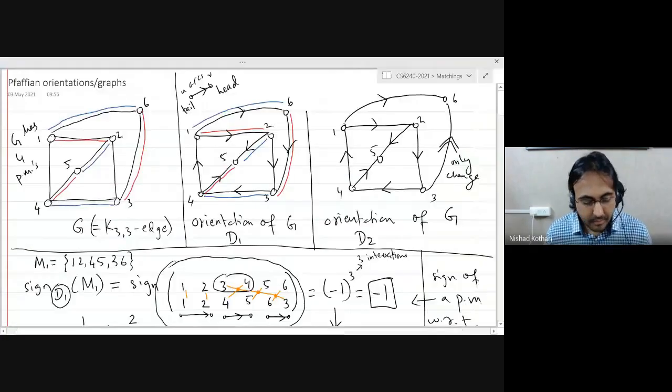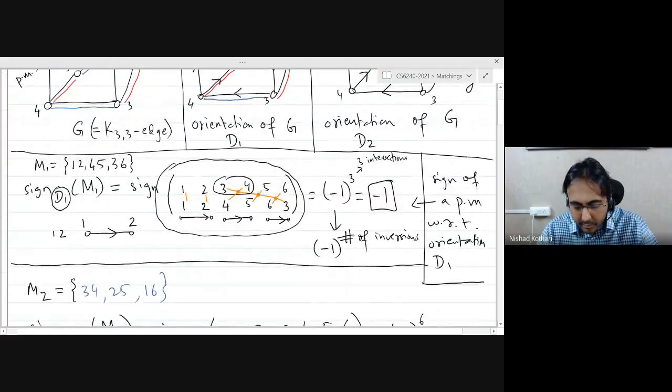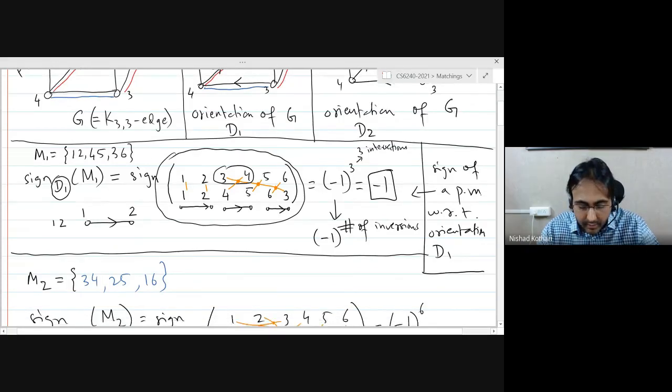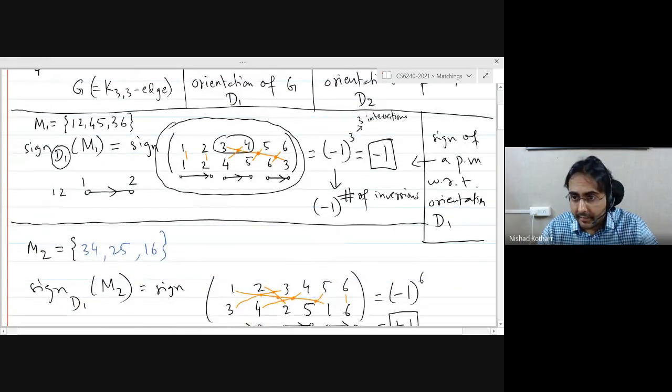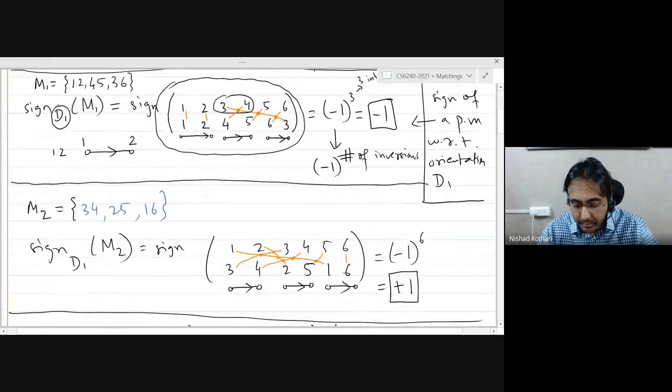We are recording now. So in the last lecture, we discussed Pfaffian orientations, right? We defined what a Pfaffian orientation is using the signs of a perfect matching based on an orientation of a given graph. If all the perfect matchings have the same sign, so either they all have +1 or they all have -1, then we say that it is a Pfaffian orientation, and otherwise it is not a Pfaffian orientation.